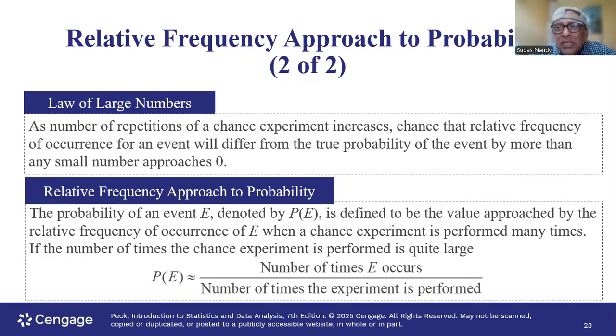What does it all mean, this equation? It means think of tossing the coin 1,000 times. 1,000 comes in the denominator and you count the number of heads you get in the 1,000 tosses. Most likely it will be close to 500, maybe 495, 496, but it is still very close to 500, and that is the theoretical probability of getting a head. Think about it, 495 heads out of 1,000 tosses is 0.495, which approaches the theoretical probability of 0.5. Okay.